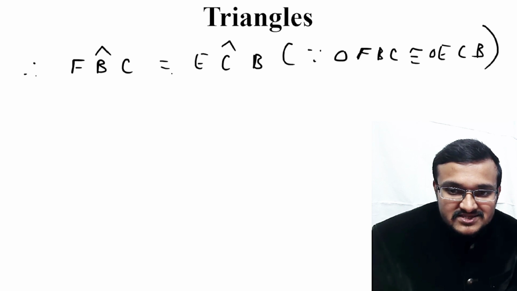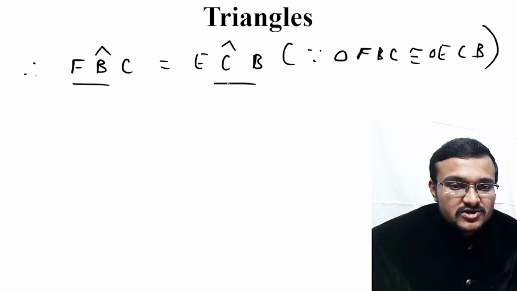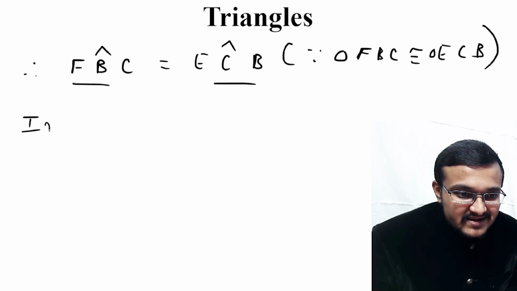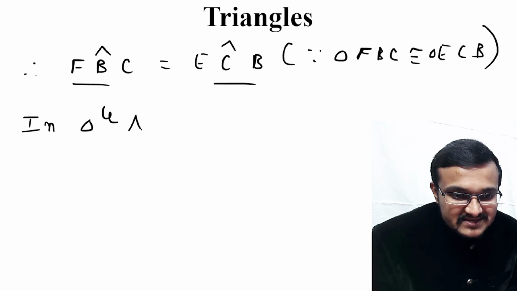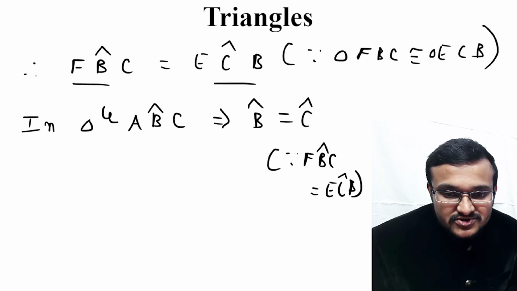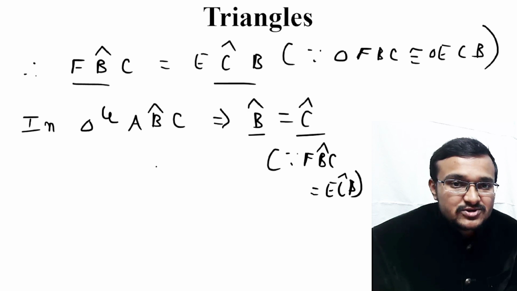So since these two triangles are congruent, FBC angle is equal to ECB angle. So in triangle ABC, this particular angle B is equal to angle C because FBC is equal to ECB. So here we have proved FBC is equal to ECB, that is nothing but angle B is equal to angle